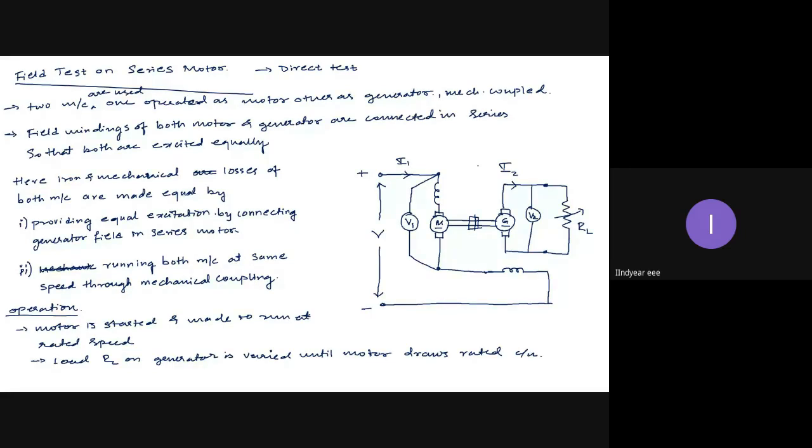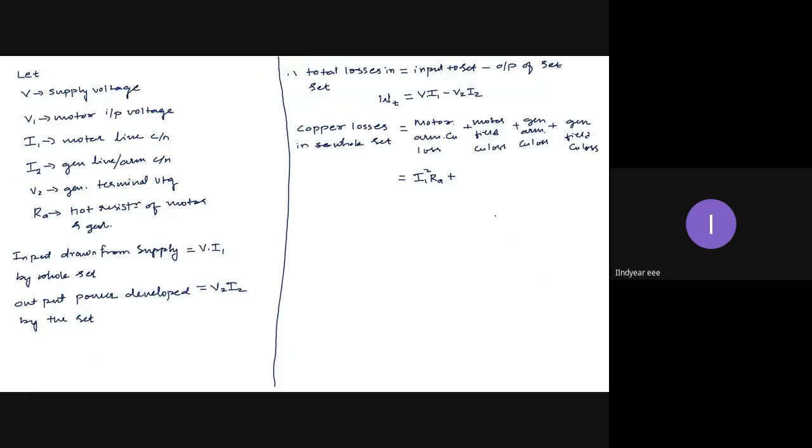If I don't know, then I have to find the resistance of the field winding, RSC. So let this be RSC. Here I have RA and here I have RA. So I can write this as I1 square RSC